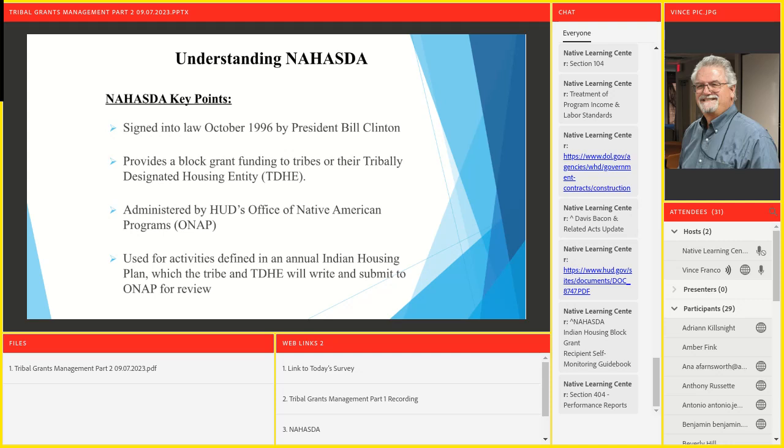And what you don't have in front of you there are the 6 offices. You might know what your office is. Everything east of the Mississippi, a huge swath of land, doesn't have the most tribes, but it's the biggest hunk of property other than Alaska, and is what's referred to as the Eastern Woodlands Office of Native American Programs. That's where the Seminole Tribe of Florida was located, being in Florida. So even though that office is in Chicago, Illinois, that was the ONAP office that we reported to.